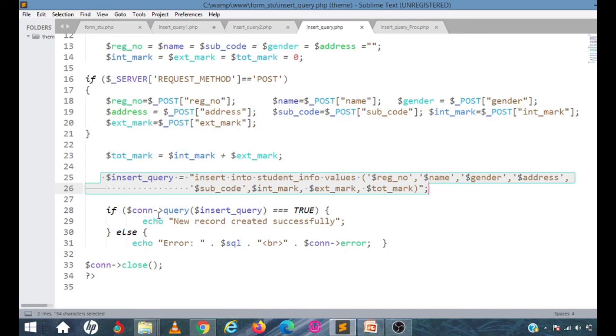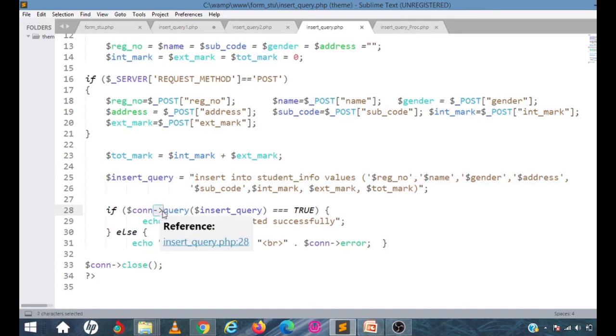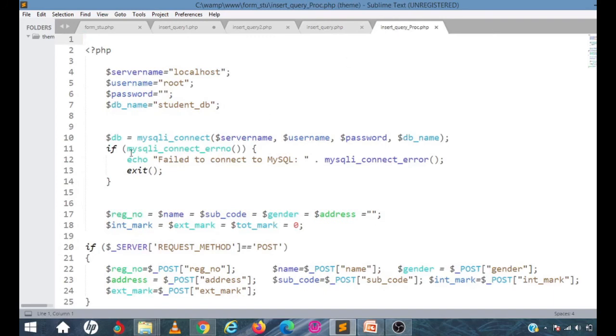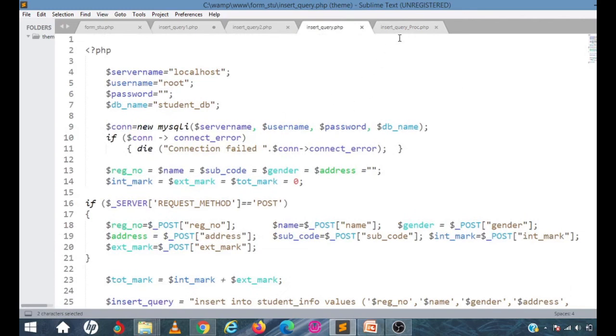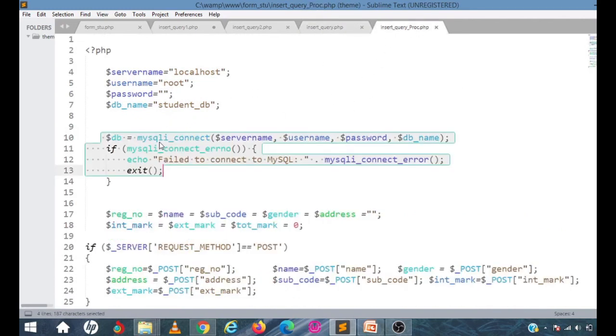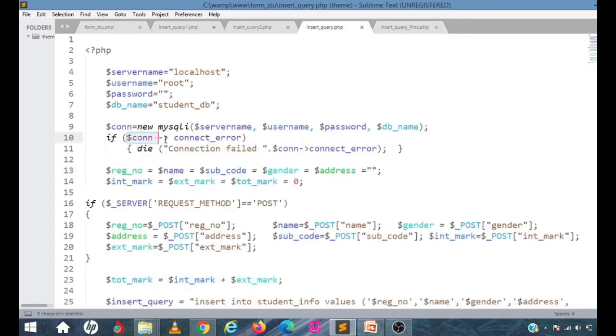This I have already said, I have written it using the object oriented way of connectivity. You can also have a procedure oriented way of connectivity. Only the syntax differs and the rest are all the same. There we had new MySQLi connect. Here we have just mysqli_connect. And then here I am just checking whether that connection gives an error.